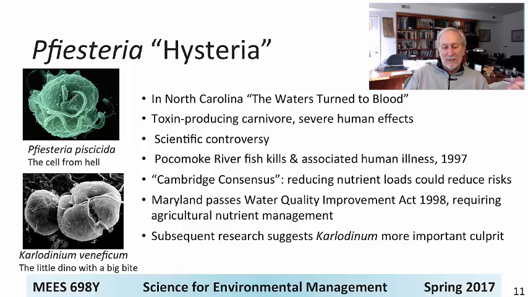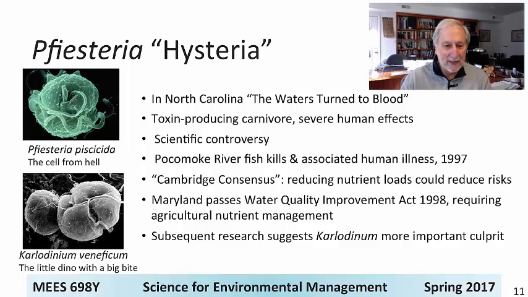And there were scientists who were skeptical. There were scientists who were advocates, including Dr. Burkholder, and other scientists who understood the broader issue of agriculture and eutrophication. And so what we concluded was not that it was definitely Pfiesteria, but that by reducing nutrient loads, you could reduce the risk of harmful algal blooms such as that. It's a possibility that you could.